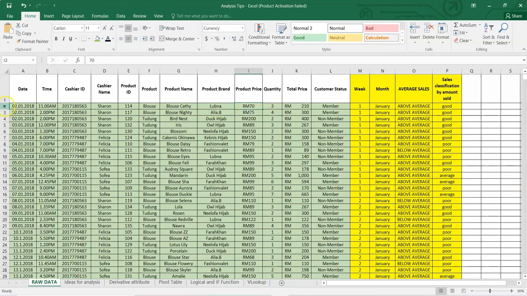So in this transaction, in this first row, on the date of 2nd of January, the cashier Sharon managed a transaction of three quantity. On that particular day, three quantity of product was sold under this code. And total price here is basically the calculation of